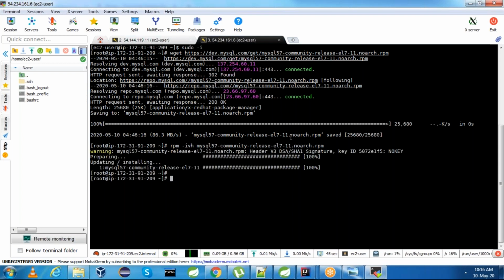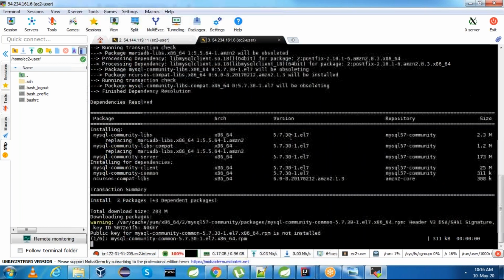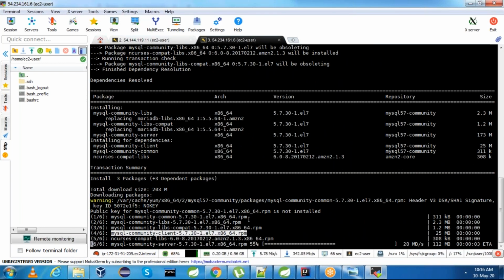Once the RPM is installed, you can install the MySQL community server. Along with this community server, you will get client packages as well. If you observe, you are getting the client package as well.